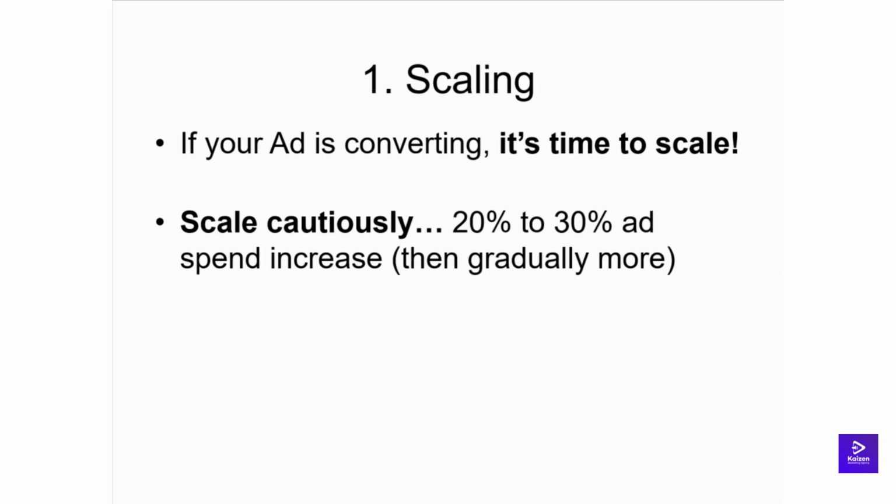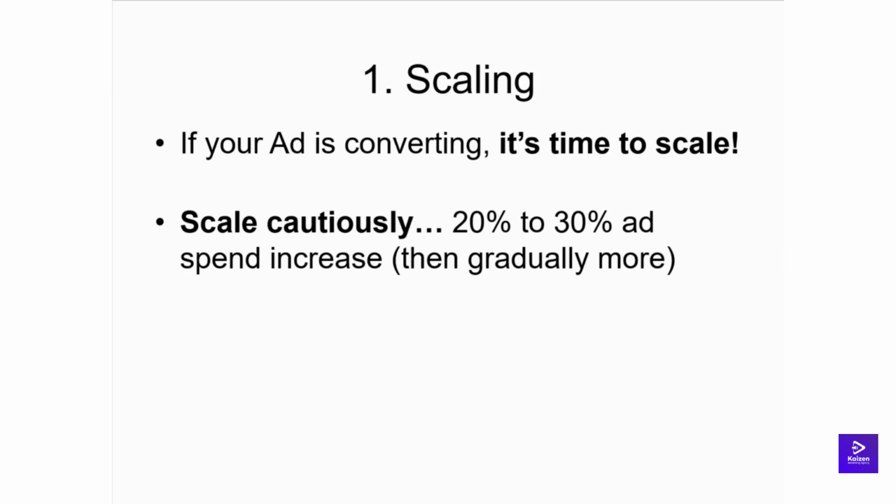So when you're scaling your winning ad set, you want to do it gradually. You want to increase your daily ad spend by 20 to 30%, and not any more than that. Why is that the case? If you're spending $100 a day, you probably want to just edit the budget and change it to $120 or $130 a day. That's probably what you're going to do. And if you're thinking, all right, but I'm actually ready to spend more money than that, I'm ready to spend a few hundred dollars in a single day,